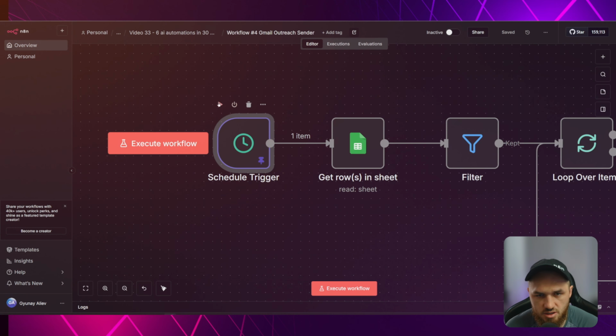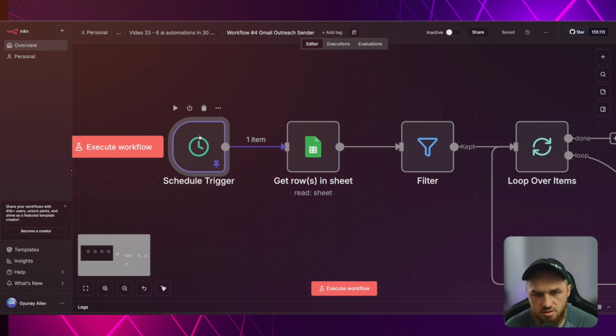We can just click this play button to execute the step. So we can pin it. You can see this pin icon. This means that this node is executed, so we can get the execution output from it and map it